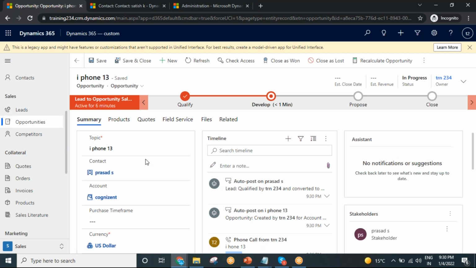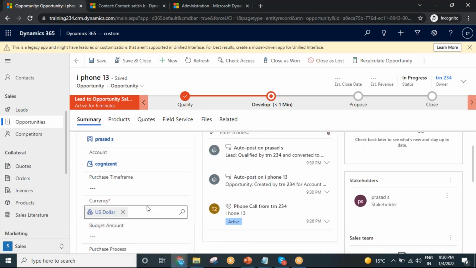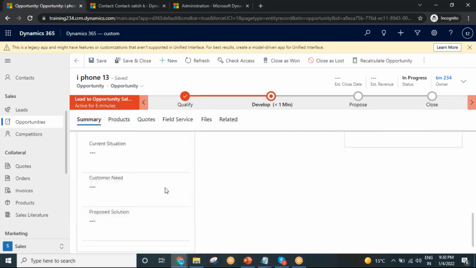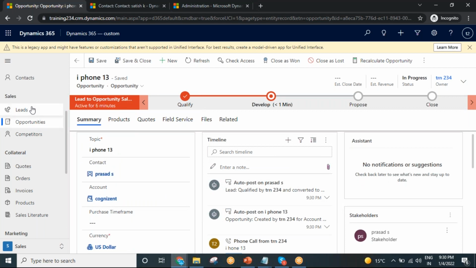From the lead, an opportunity is created, because the same topic I have given in the lead is iPhone 13. Contact person is Prasad. Account is Cognizant. I'll tell you these 2 points. The currency is by default US dollars. All the details we are filling are copied from lead to opportunity, and the opportunity is getting created. Right? So now in this opportunity,